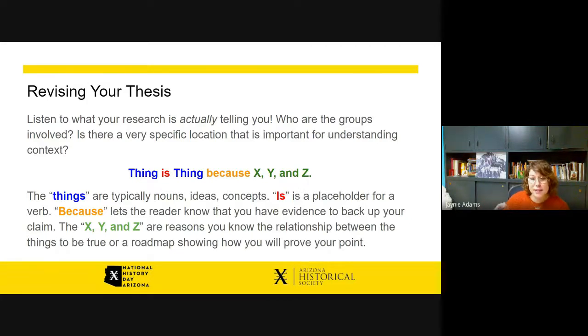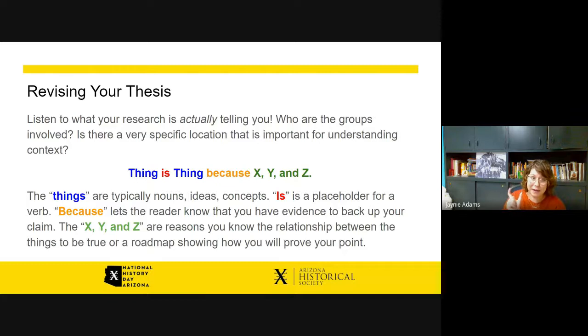If you're really struggling to write a thesis statement for, say, your National History Day project, I would just steal one of the verbs from the annual theme, right? So thing debates thing. Thing was a successful diplomatic measure because, well, thing was. But really think about what is that verb that's happening in the annual theme, and how can I take that verb and put it into my thesis statement to very clearly draw a connection between my thesis statement, my argument, and the annual theme.